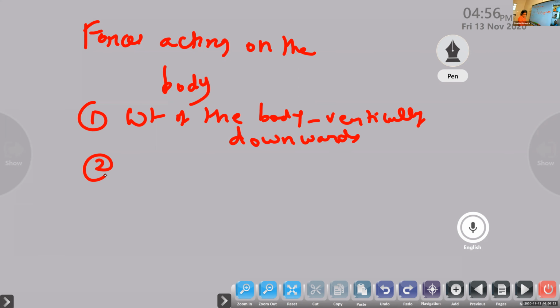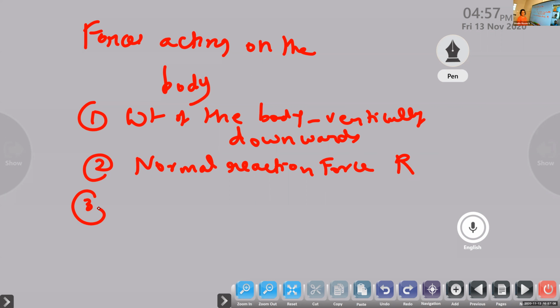And the normal reaction force, that is capital R. And also, third one, there is the presence of friction. So, limiting static friction,